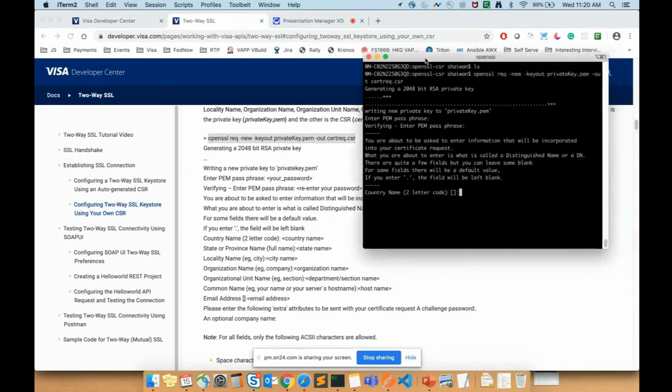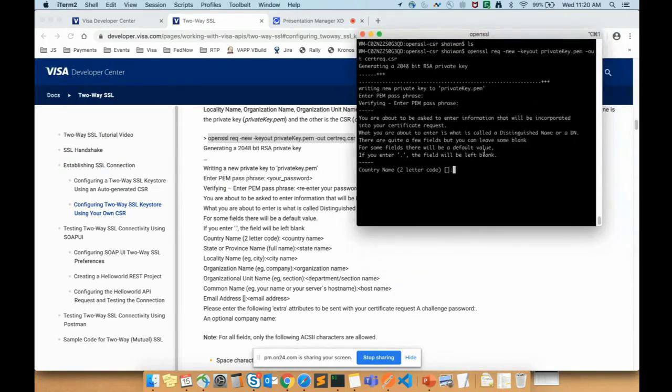Okay. And now we're going to be prompted for all these registration details. Also, if you enter in a dot, the field will be left blank. So let me type in the details I have. Country name, US, state, California, locality name, San Francisco, organization name, Visa, organizational unit name, Visa Developer Platform,